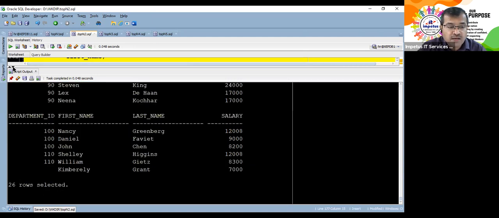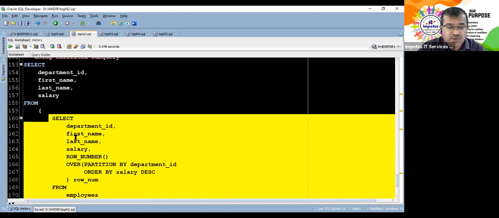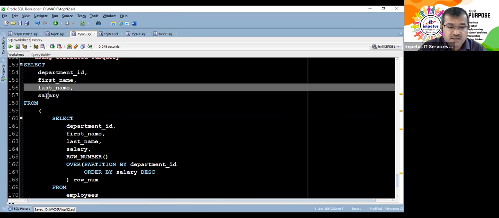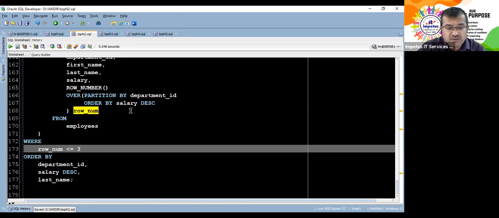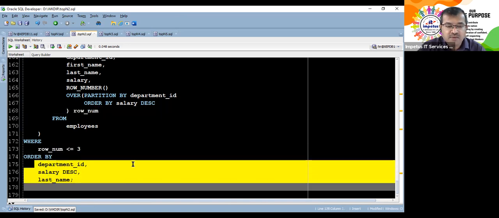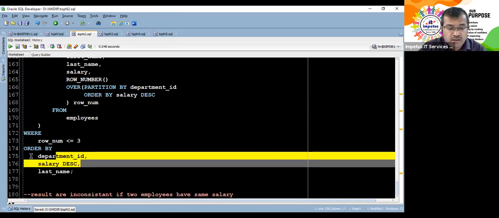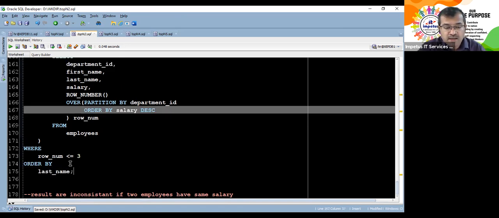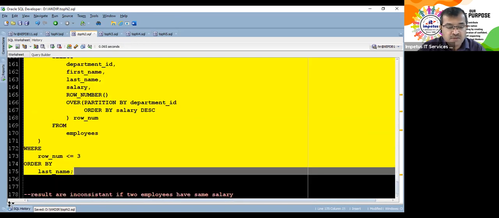My point is, we could write it by using a correlated subquery. It means within a query, we can have a subquery. This subquery will give you a result, and from that result you will do this projection. I'm selecting department ID first, then salary. I'm not displaying the row number, but in the where clause, I'm referring to one of the columns from the inner query, the correlated subquery. And here this was not required, because even if I had not written this, would it still matter? Where the salary is the same, I would like to say order by last name. This is already ordered by salary. So let me remove that and see whether it still gives the right result or not.